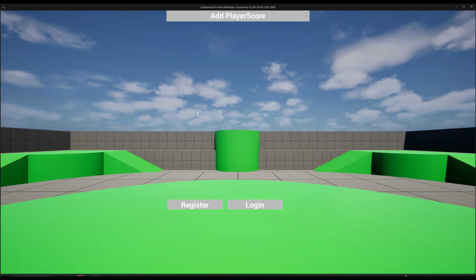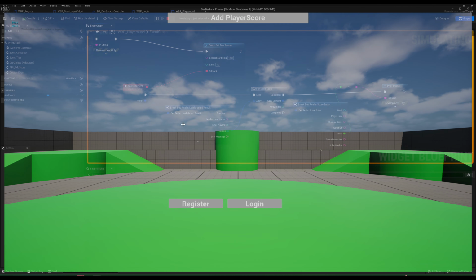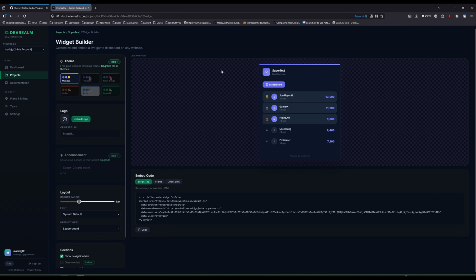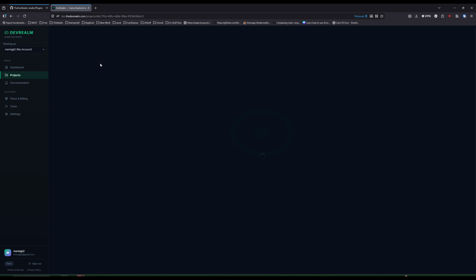And we're going to log in. And now we're going to add the player score. And true, and 500, 500. Now I have 500. And if I go back here, you can see that on my leaderboard, that should be the case. So now what happens is that it makes it super easy for you, the developer,